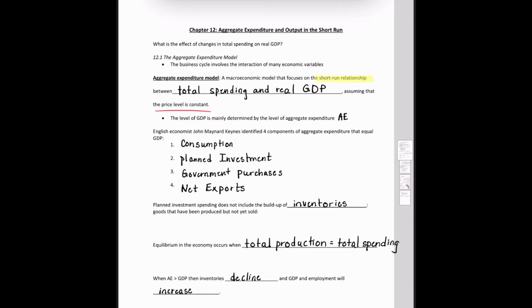We talked about the business cycle back in chapter 10, and when we will be discussing this model, we want to remember that the business cycle shows the interaction of many different economic variables. So we have identified the level of real GDP as mainly determined by the level of aggregate expenditure. Aggregate expenditure is just a fancy way of saying total spending in the economy. AE is what I'll refer to aggregate expenditure as, and it is